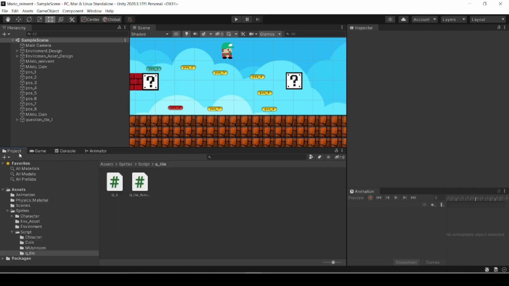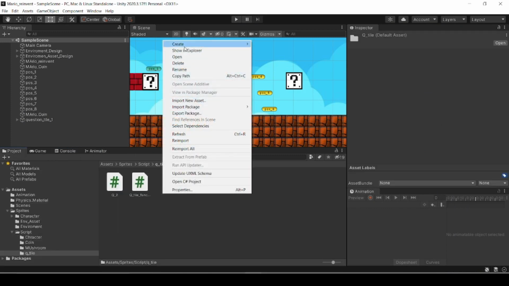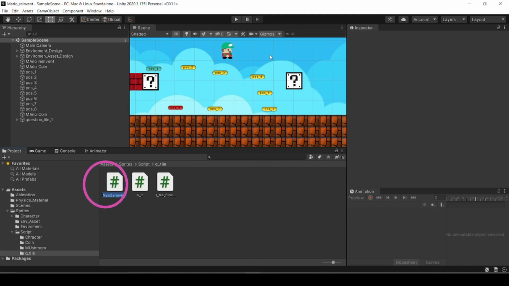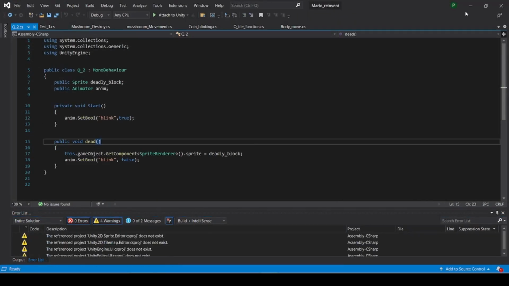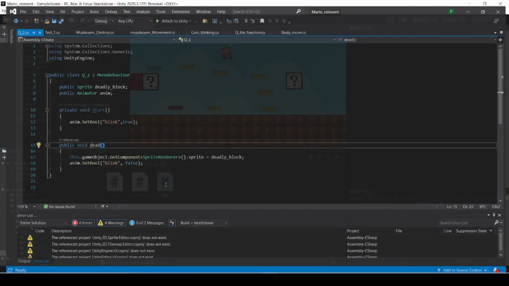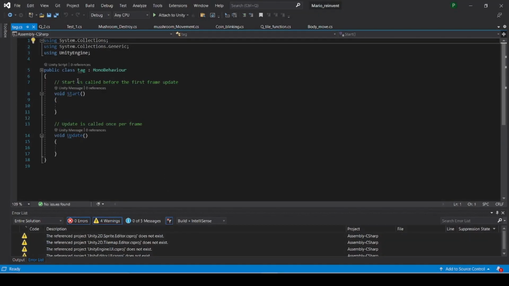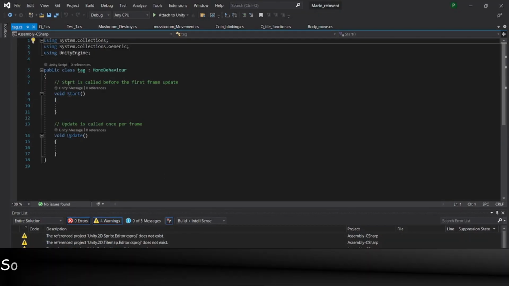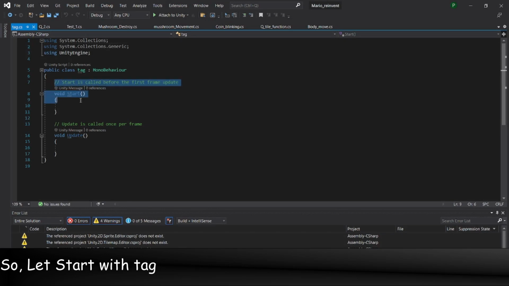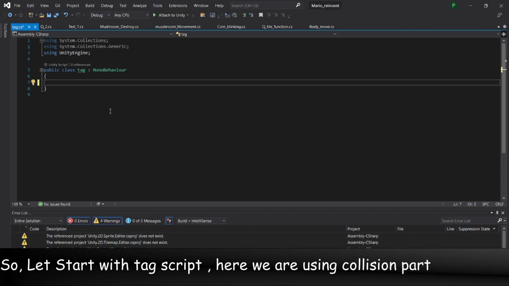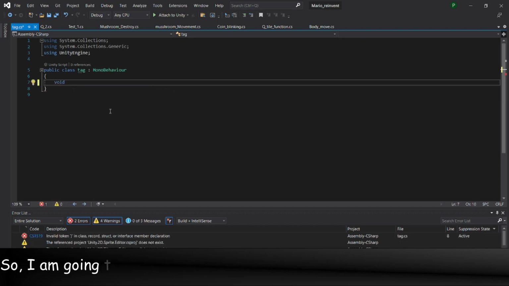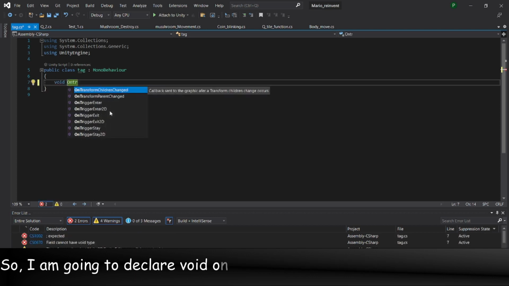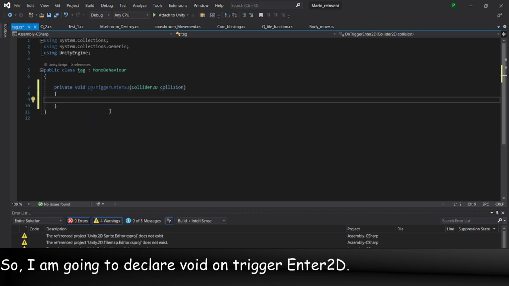Now my script is compiling. Here we are going to create another script. I am going to name it tag. So let's open this. Let's start with the tag script. Here we are using collision. So I'm going to declare void OnTriggerEnter2D.